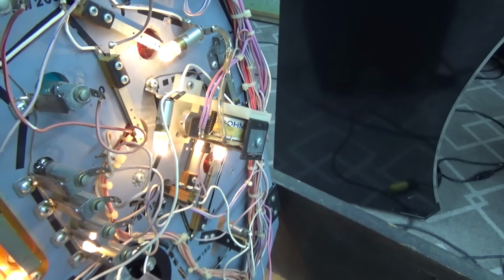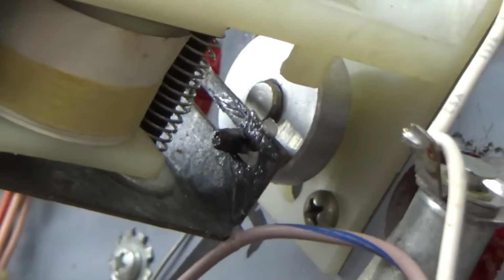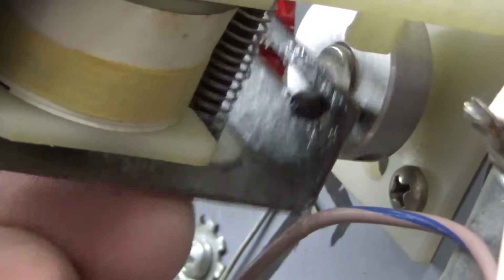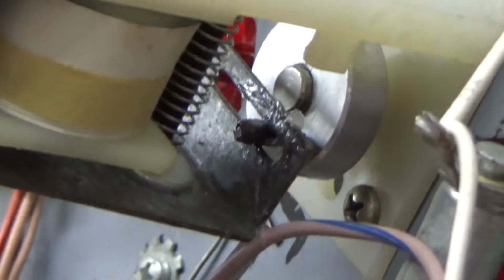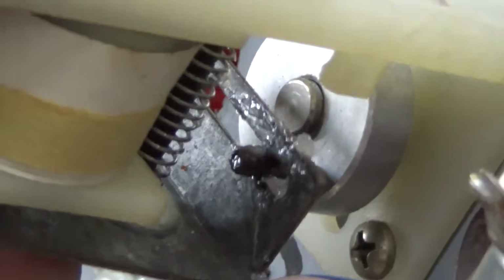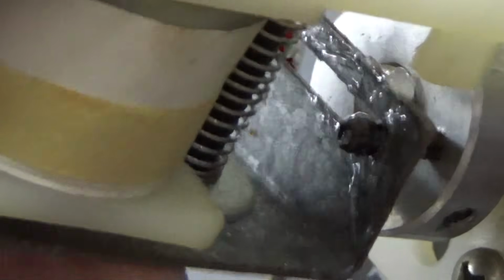I'll adjust that middle bumper a little bit, and then we'll see if we can track down that right pop bumper problem. So if you look at how that works, there's that pin, and when the relay pulls in, it's moving that pin along that track, and that is making that turn, which moves the thing on the top. So the problem was, it's metal on metal, and it was binding a little bit, so I put some grease